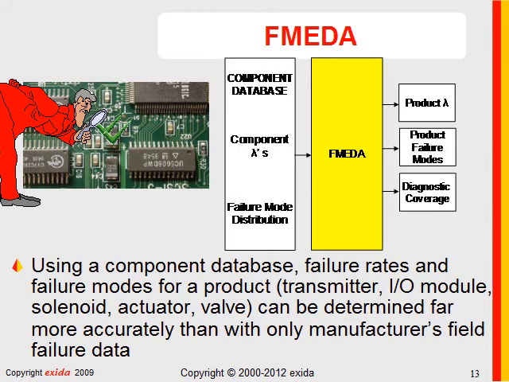Now the question: what does a component database comprise? Good question. For every different kind of component, the failure rate of each component is listed as a function of each operating environment. The failure mode distribution of each component is listed. For example, for a resistor, it might be open circuit, short circuit, drift high, drift low. All known failure modes of all components are listed in the database as a function of operating environment.